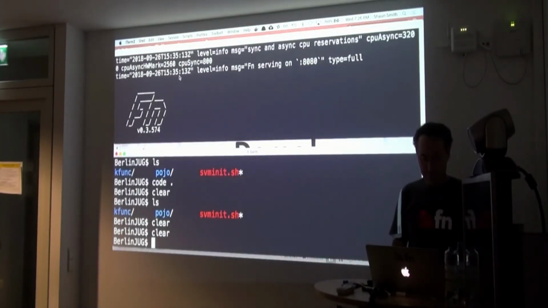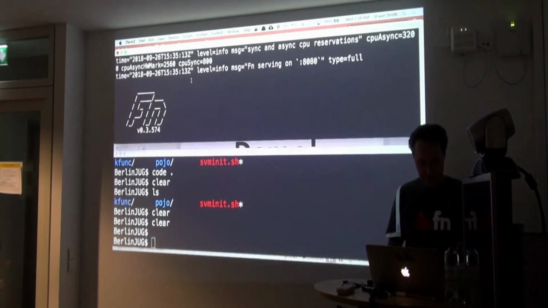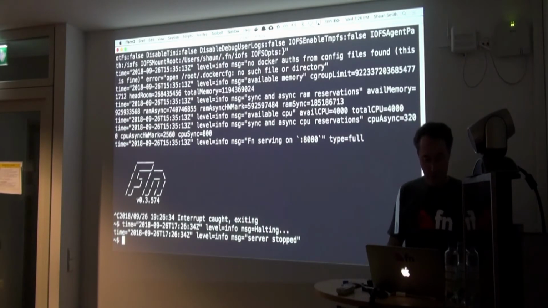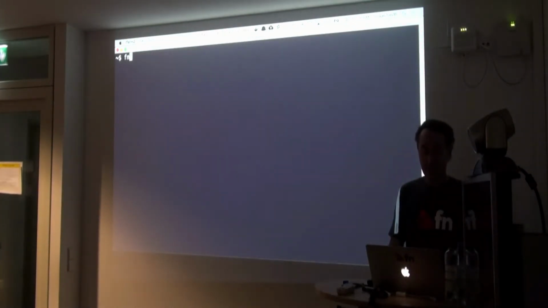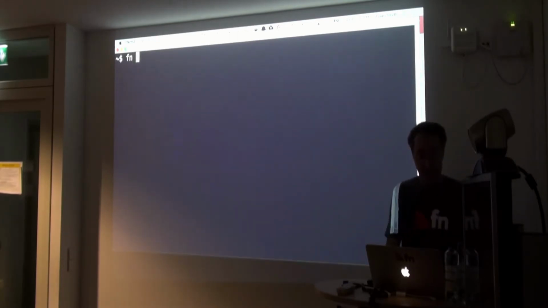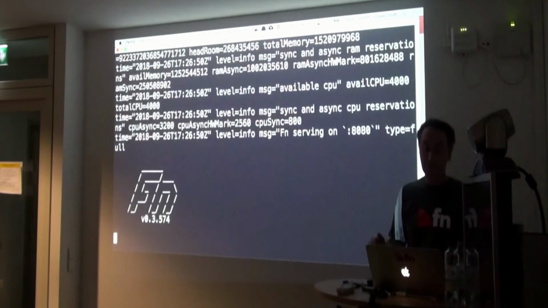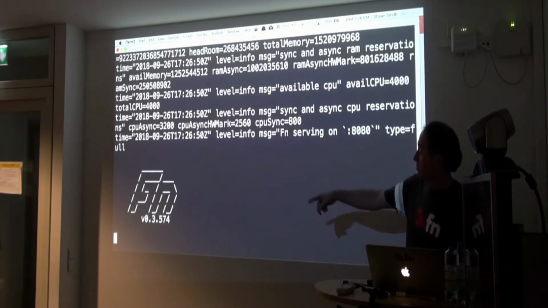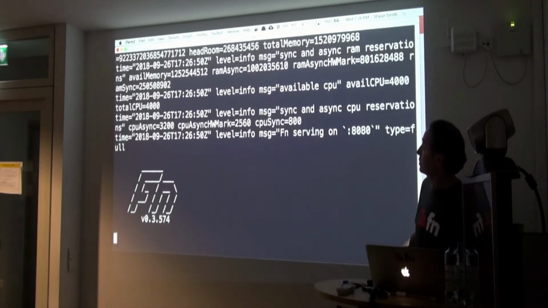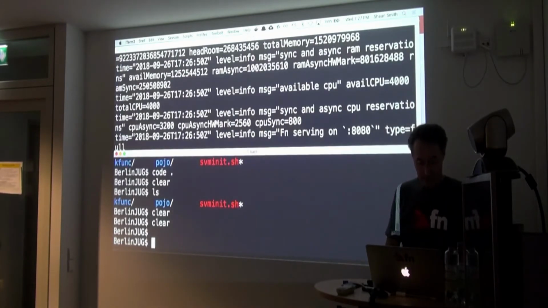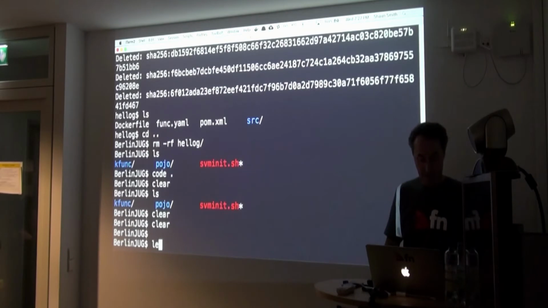So I've got an FN server running here. I'll just Control-C this. I have a little command line utility called FN. This is our CLI. For a local developer, you can say fn start, and it'll start the server instance up, which is itself just running in a Docker container. So I started a server, version 3.5.7.4, up and running. Okay, great. We're on a different shell here.